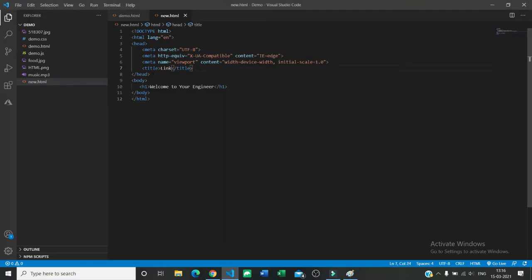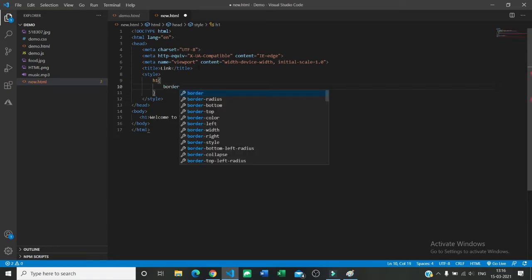So here in head I am going to give a tag called style, as you all know. Now in style I am going to give first my element h1. In property I am going to write border. Now in border I can give three specifics. First, what should be the size of border? So let's say 1 pixel.